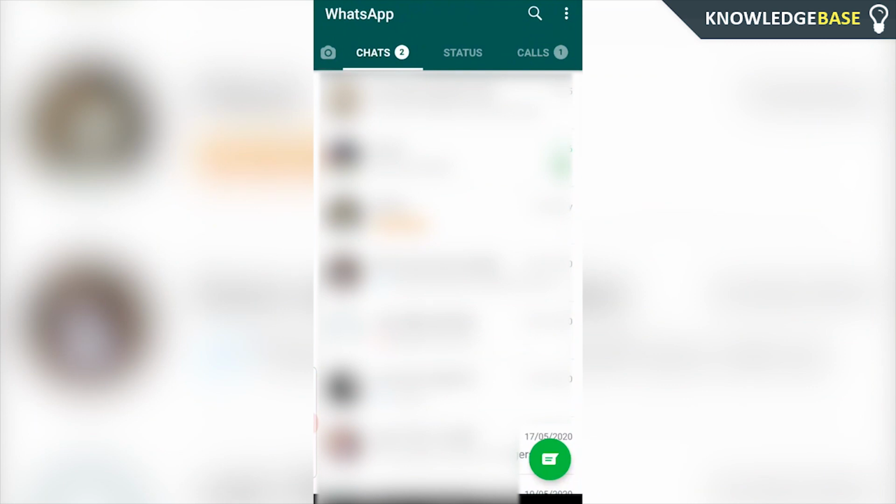In today's video, I'm going to show you how you can add friends on WhatsApp. This can be done in 30 seconds, so here's what you need to do. So first, go to WhatsApp, make sure it's open, and then click on the green button in the bottom right